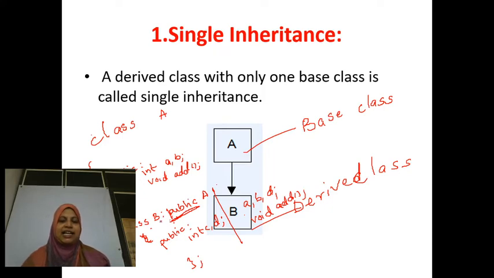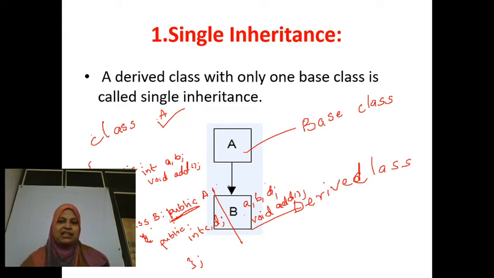It means that class B is inherited in public mode of class A. So whatever variables are present in class A are going to be present in class B. The member functions which are public in class A stay public.